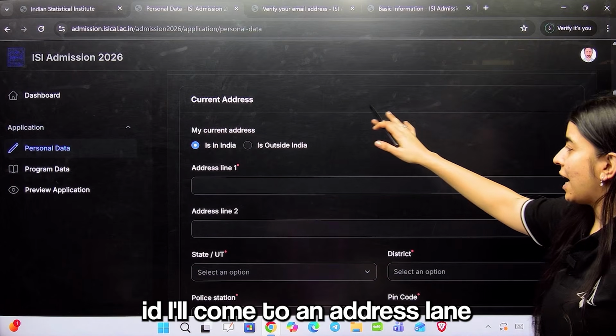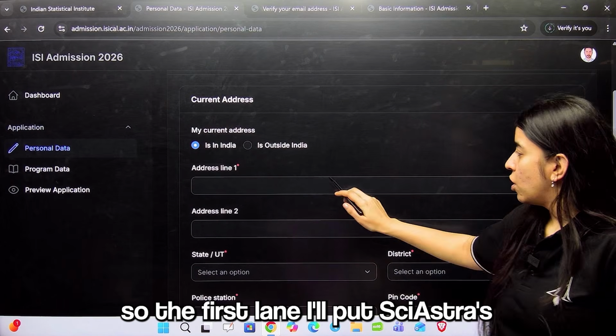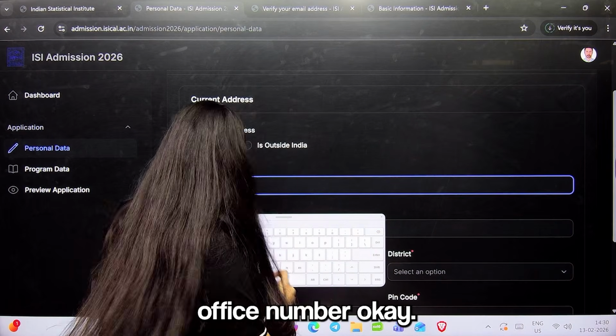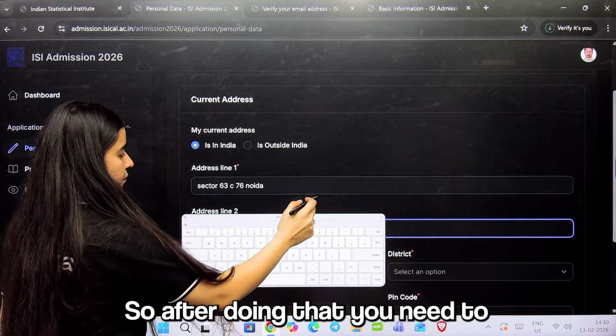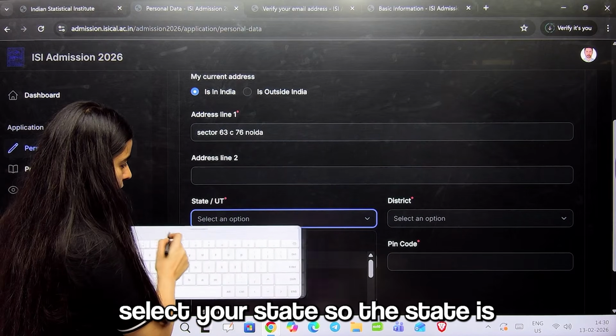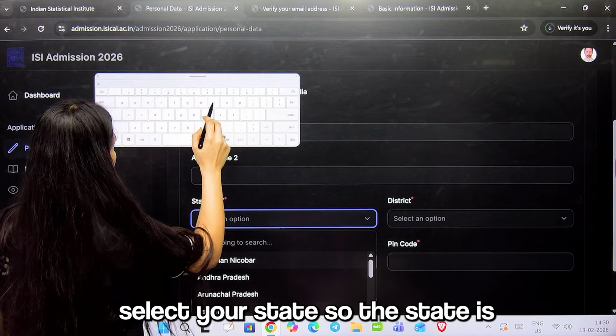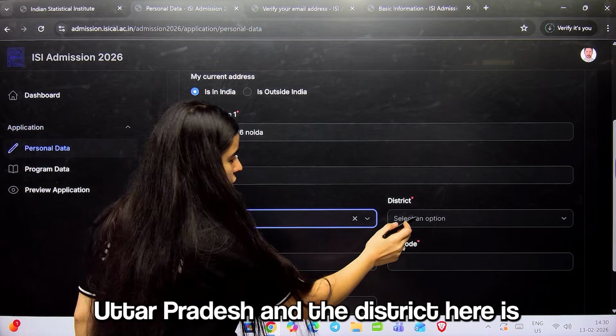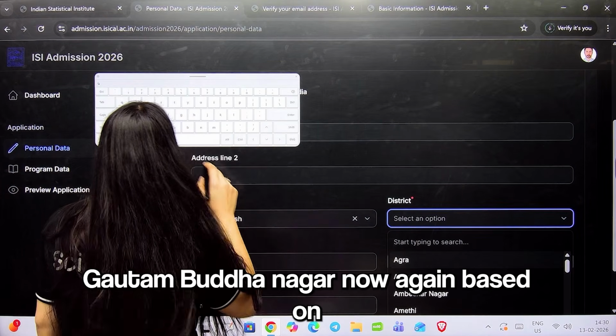After my photo ID, I'll come to an address lane. In the first lane, I'll put Sayastra's office number. After doing that, you need to select your state. The state is Uttar Pradesh and the district here is Gautam Budh Nagar.